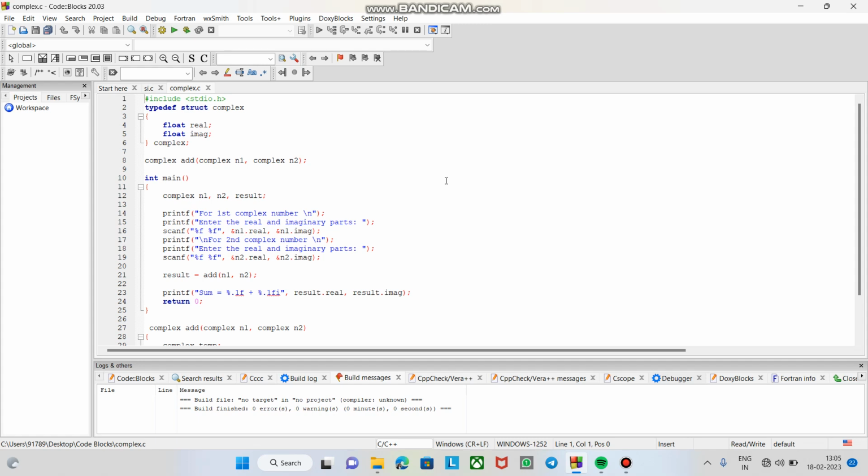So hello guys, in this video we'll be seeing how to calculate the sum of complex numbers using C programming with function. It starts like this: firstly, the first statement is the header file #include <stdio.h> for printf and scanf. Then we are declaring a structure complex which contains the members float real and float imaginary to store the real and imaginary values of the complex